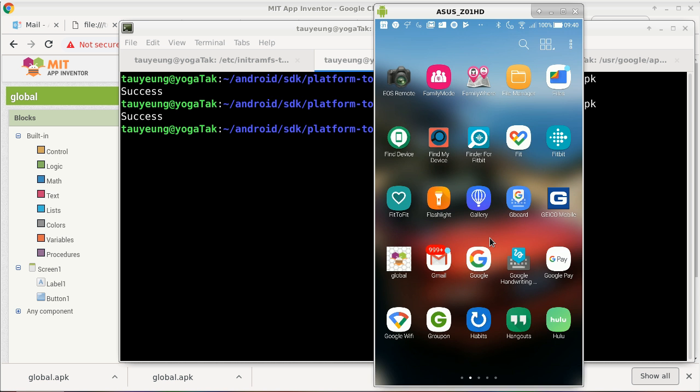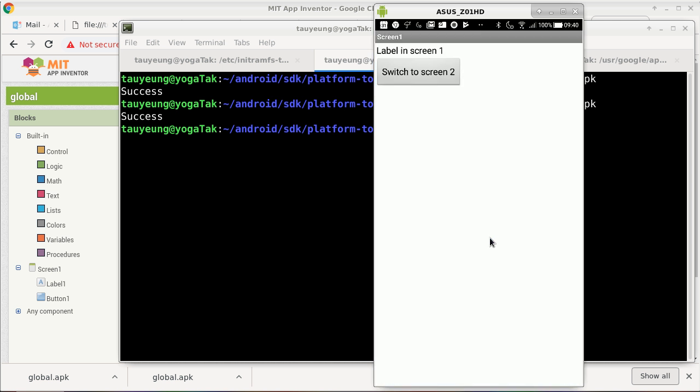Okay. So there are 2 points I want to make here. This is starting the app from the beginning, from scratch. When I click on the switch to screen 2 button, it does switch to screen 2. When I press the back button on my phone, it closes screen 2 and transitions back to screen 1. Now that is without any code on my part, okay? So the back button does have that default behavior of closing whatever screen is currently active and removing it from the stack so that whatever screen is under that becomes visible and active again.